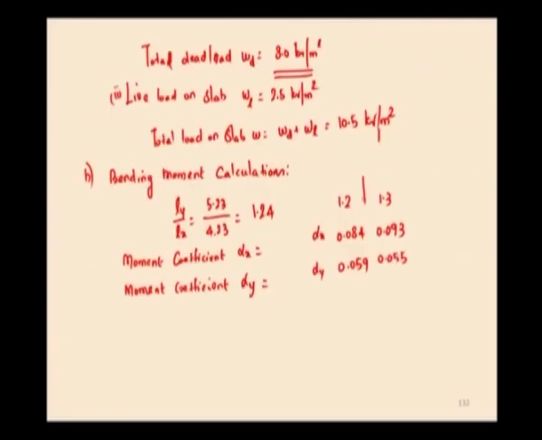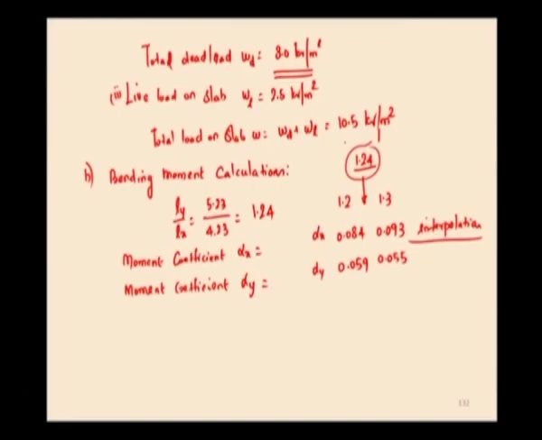So, we need to find out alpha x and alpha y for the value of 1.24 by interpolation. So, linearly interpolate to find out the value of alpha x and alpha y for 1.24. So, here alpha x is 0.088 by interpolating these two values, and by interpolating these two values alpha y will be equal to